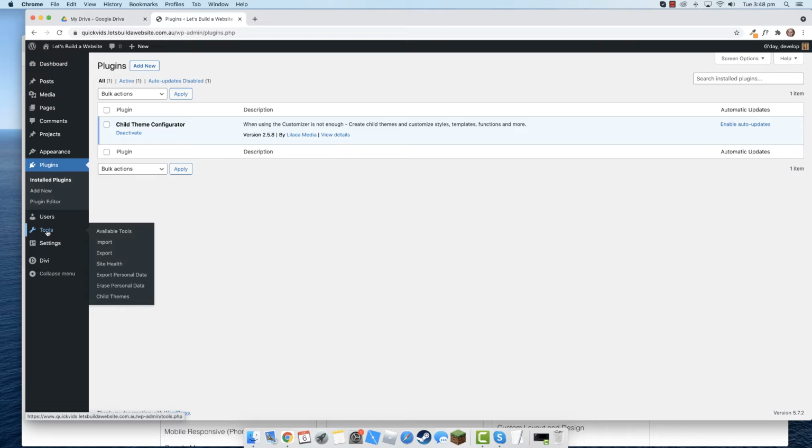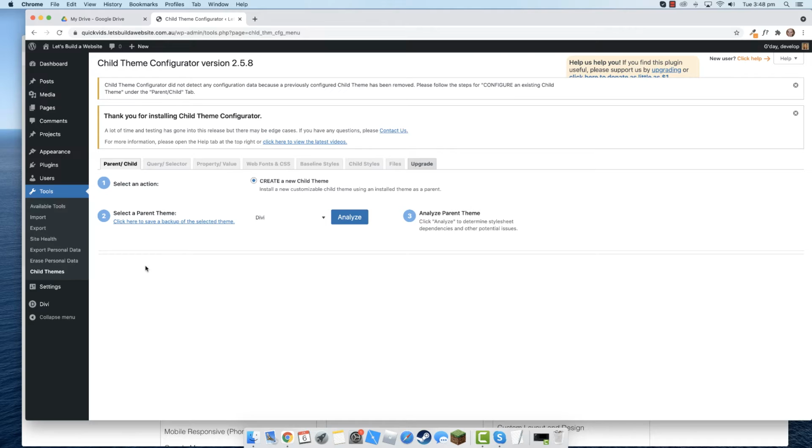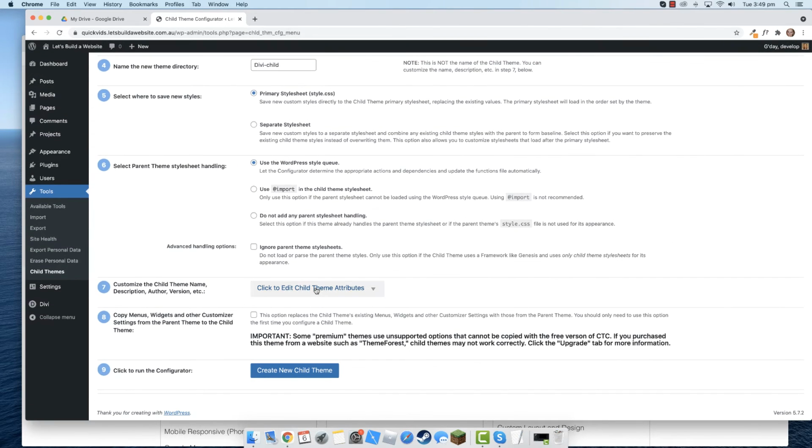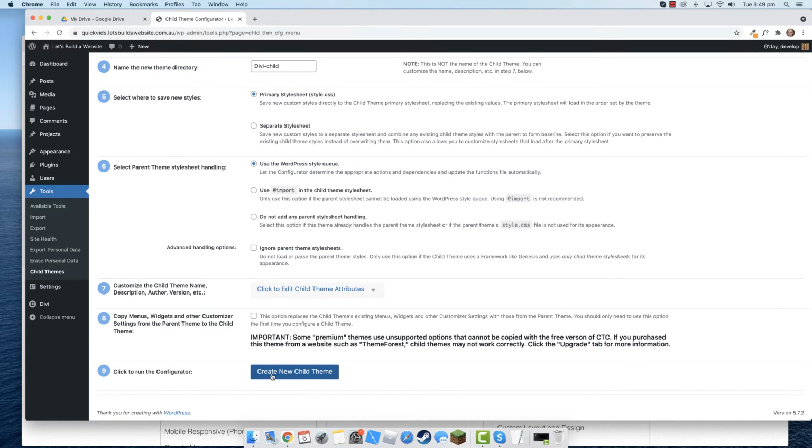So if you go down to the tools panel and then click on child themes, make sure you tick this section here, create a new child theme, and you can see in section 2 it says select a parent theme, and it's already chosen my parent theme, which is Divi. So then we just click analyze, and that's great because it says this theme appears okay to use as a child theme, so we know it's safe for us to go ahead and create the new child theme. So if you scroll down to the button and then click create new child theme,